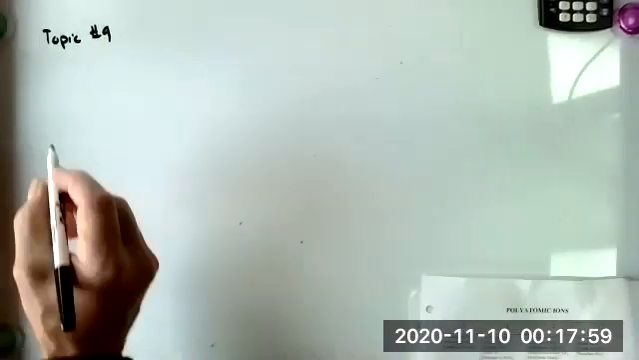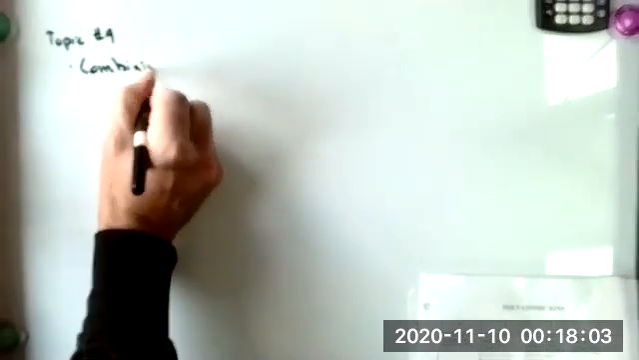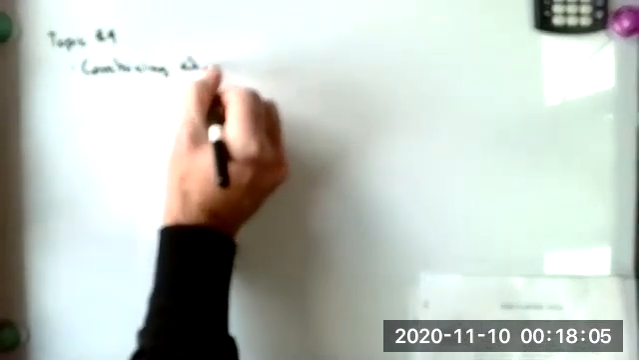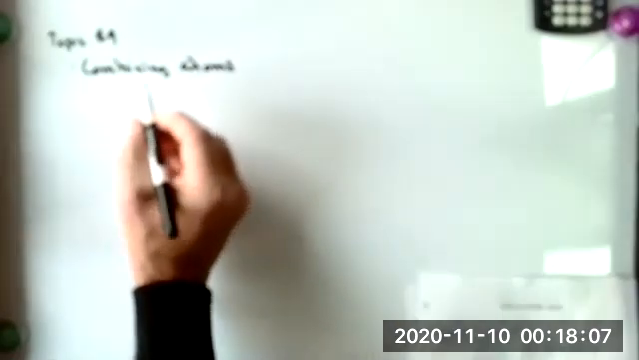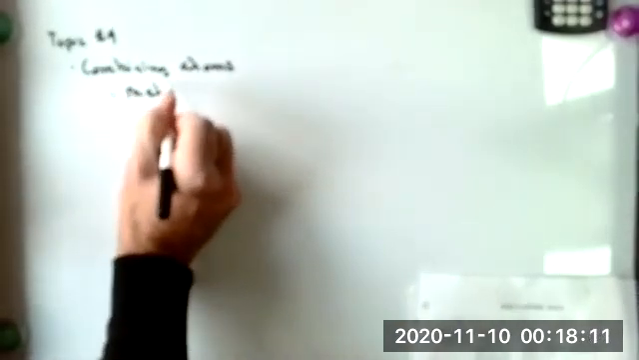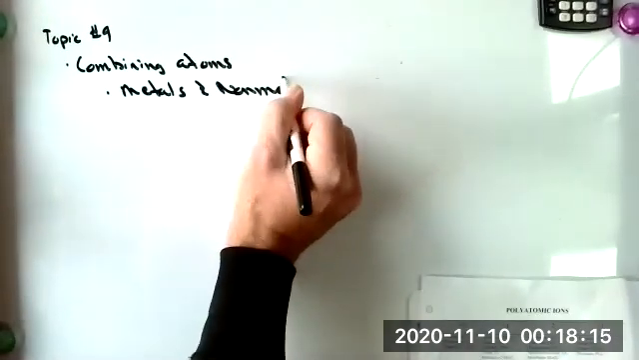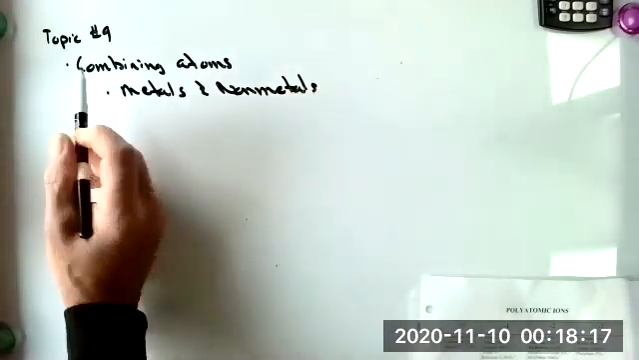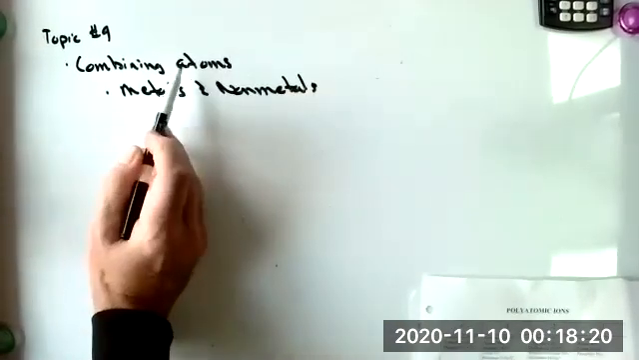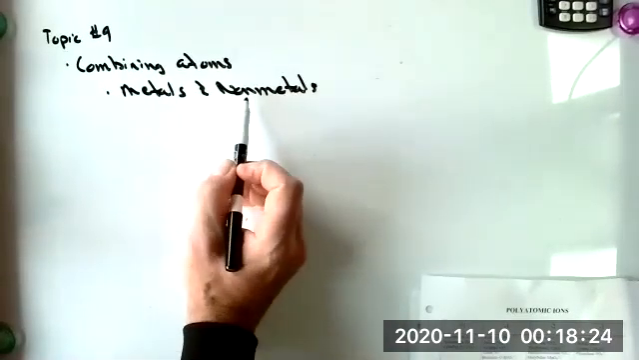All we're doing in topic 9 is we are simply combining atoms together. But this time we're going to combine metals and non-metals. Back in topic 8, you actually were combining atoms, but you were combining a bunch of non-metals which were